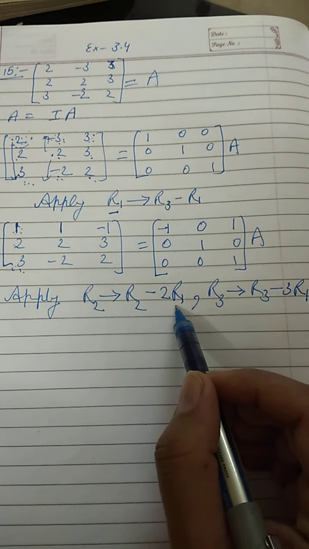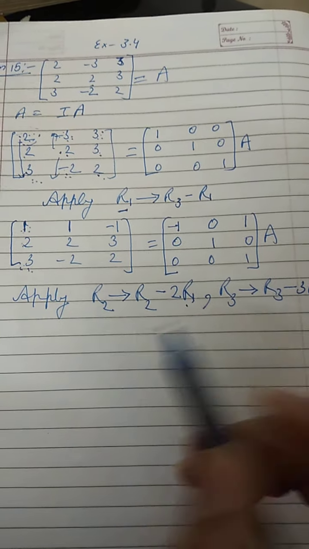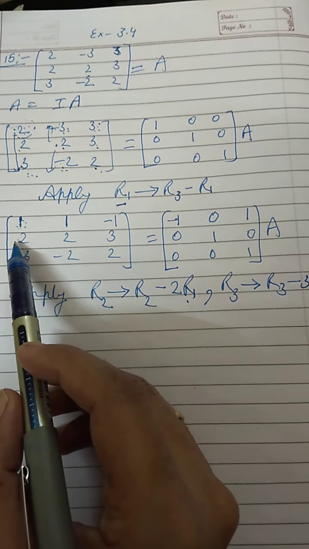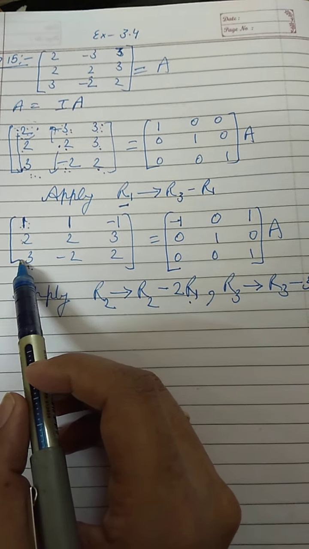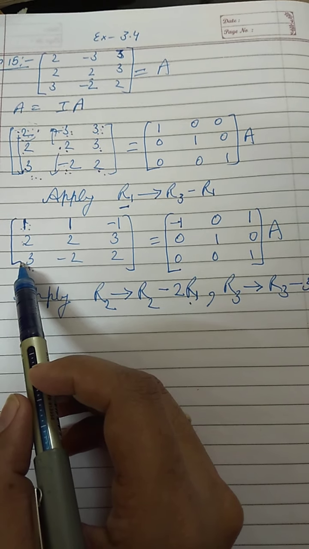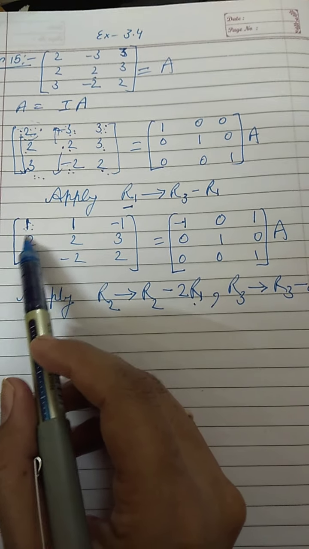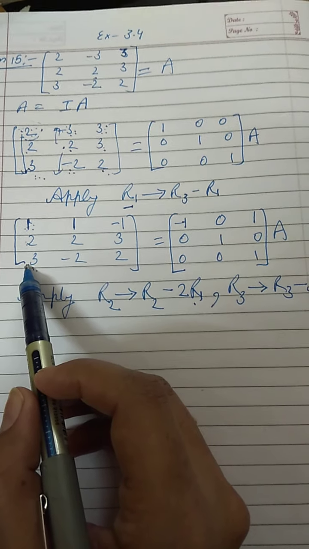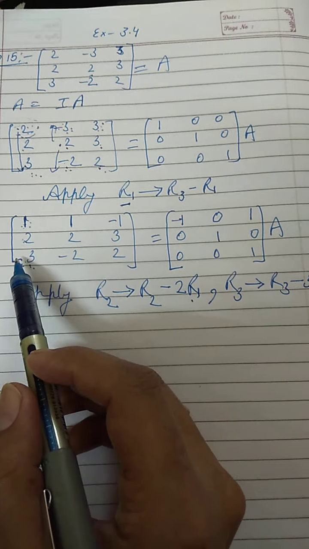If you are using the same row to make changes in the other two rows, then we can combine. But if I want to apply the operation in R2 with the help of R1, and then I want to use this row to make the change in R3, that we cannot do, because in the first operation this row will be changed. So no doubt the new row will be used here. So don't do that. In this way you can get confused also, and the answer can also vary, right?